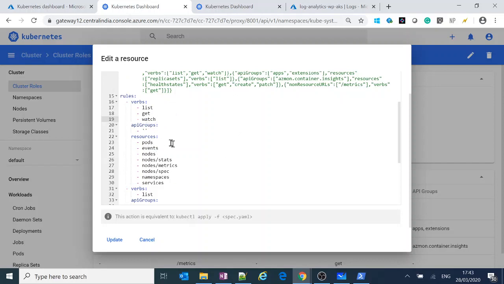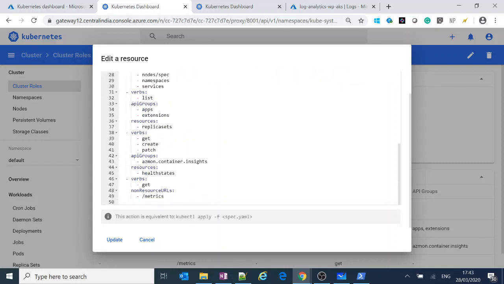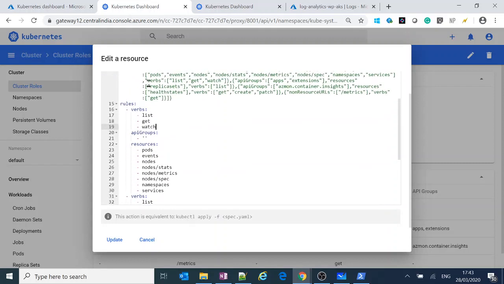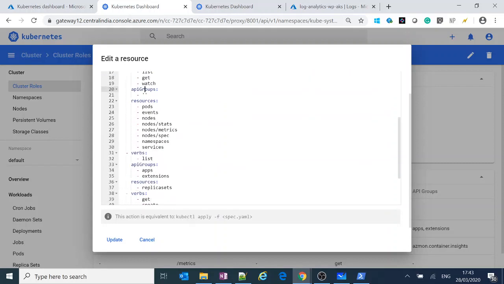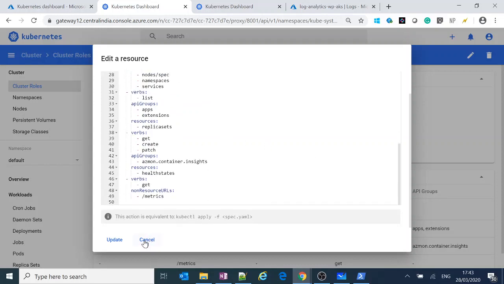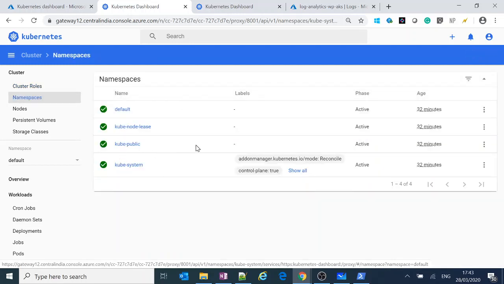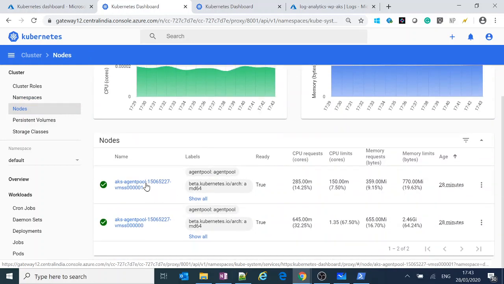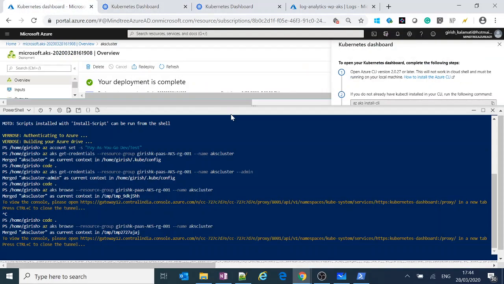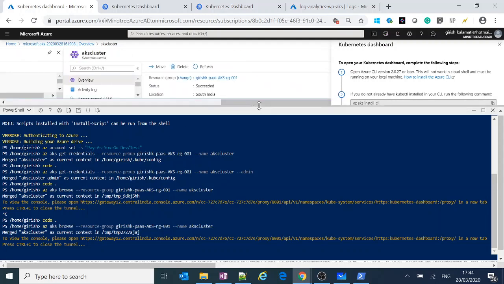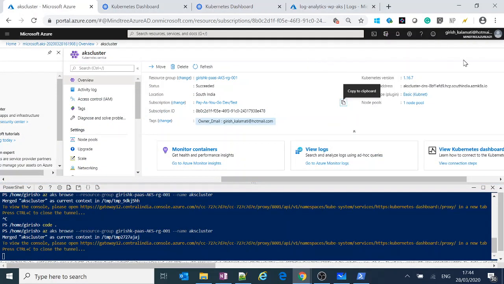Since we logged in with a normal context user, they do not have much permissions at the namespace level. So these are the things which we will be going through, and the API groups allowed is star, so all of the API resource groups are allowed here. There's cluster roles and namespaces we discussed. The namespaces are the logical grouping, and we have these namespaces which we are able to select here as well. And if you go here, the nodes: we are running 2 nodes which you have seen running in here. So as I said, we have how we find a node is